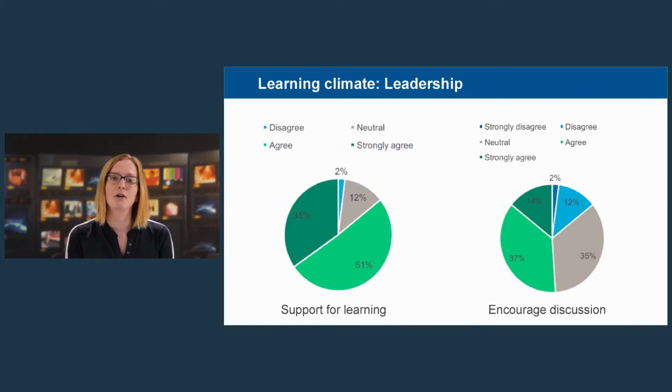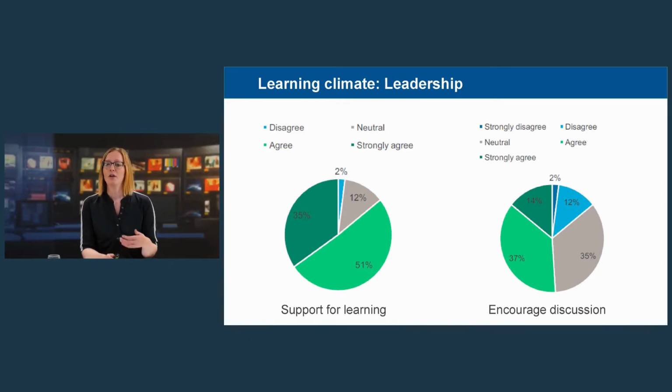Then if you talk about learning climate, there's one distinct factor that you have to take into account, and that is leadership. So are people supported to go to learning or to really experience learning programs? Are they encouraged to do discussions with others? And as you can see that there's a lot of support for learning experienced in this IT organization, but that